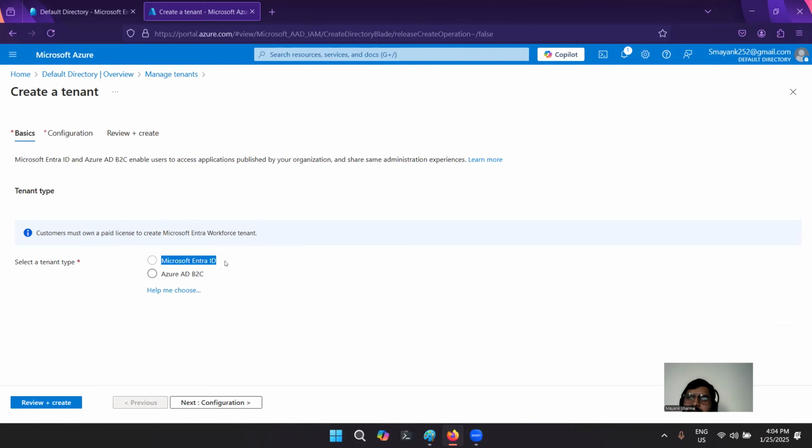And to restrict this particular thing, Azure also removed it for Microsoft Entra ID. So now only an organization user can create it. Organization user, in terms of who has a license, can only create this Microsoft Entra ID, or let's just say tenant ID. But earlier it was available for everyone. You could just simply come here and create n number of Active Directories for yourself.